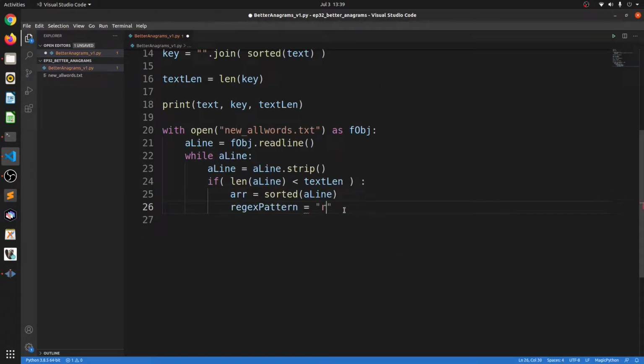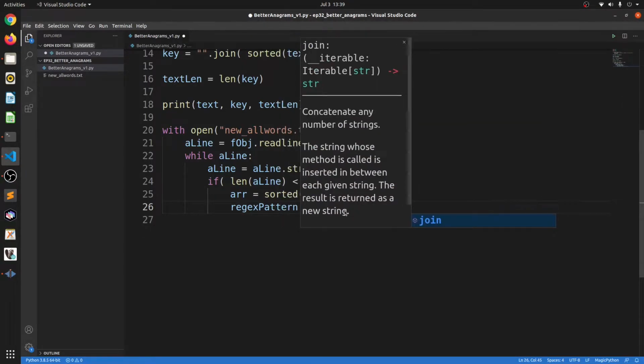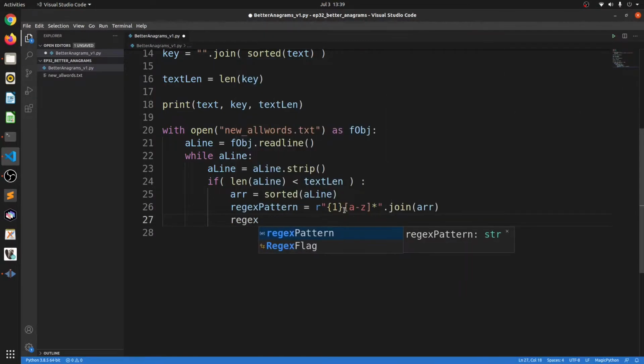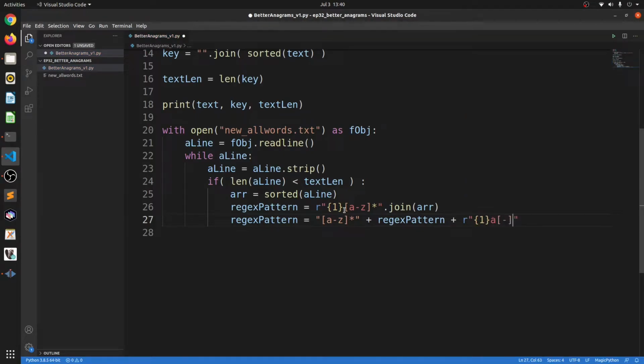Now we have sorted the word based on its alphabets. We'll create the regular expression that we spoke about earlier. So let's just do that. The join doesn't necessarily put the regular expression anchors before and after the pattern, so we'll have to do that ourselves.